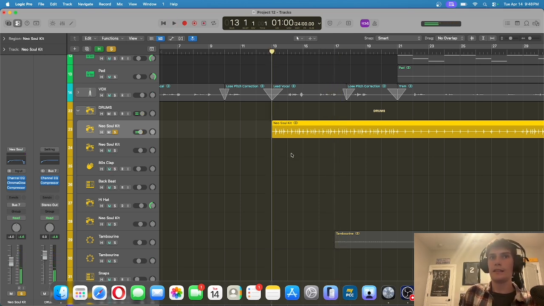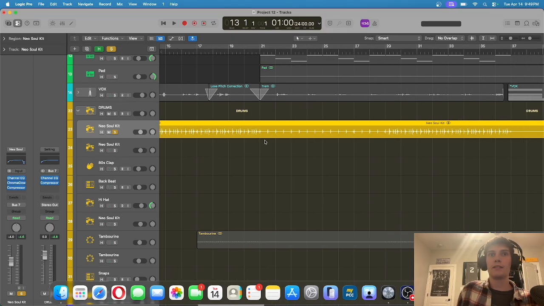I think what I did is I kept the neo soul kick. I think the snare is probably the Manchester kit from Logic, and then the hi hats are either retro rock or East Bay. East Bay, I just like the tone of the hi hats. I don't have to like EQ them a lot. And then for retro rock, which is the main drum kit I use, I just like it because the hi hats are shinier and bigger, and the crash is bigger for rock music, of course. So anyway, I love this drum performance, and then you get into